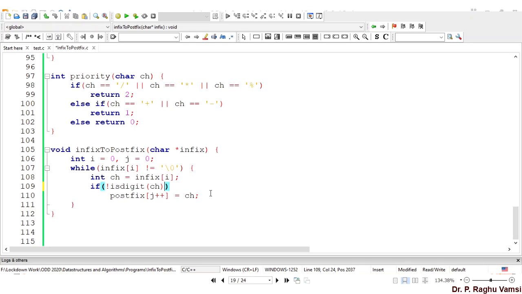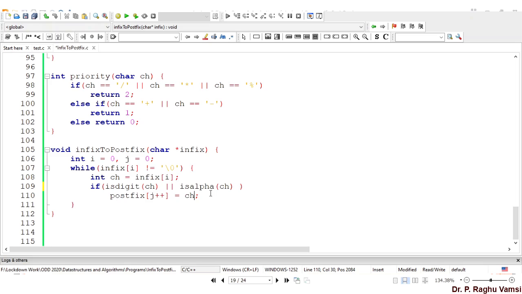If isdigit of ch or isalpha of ch, yes, it is an alphabet or a digit, then it's okay, then we can push into the stack.